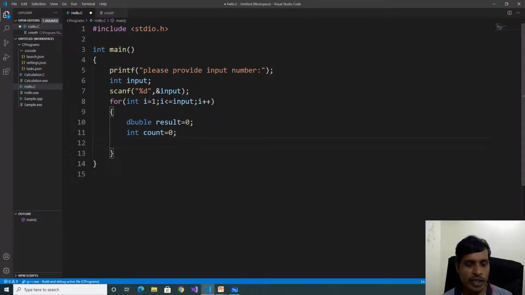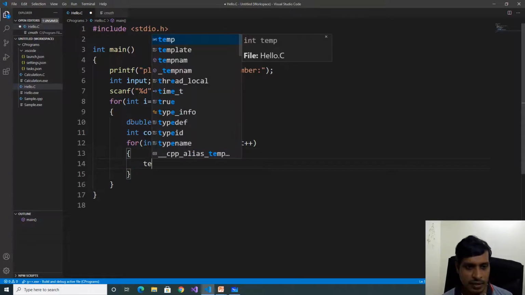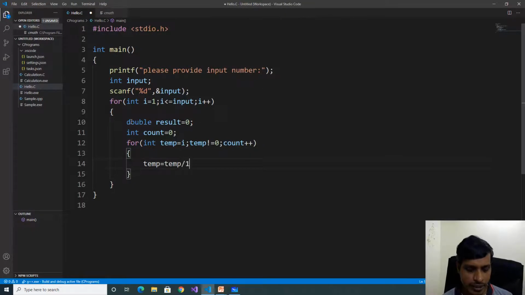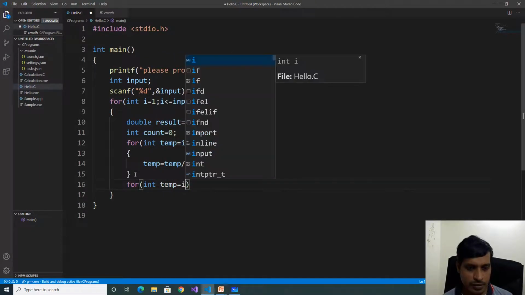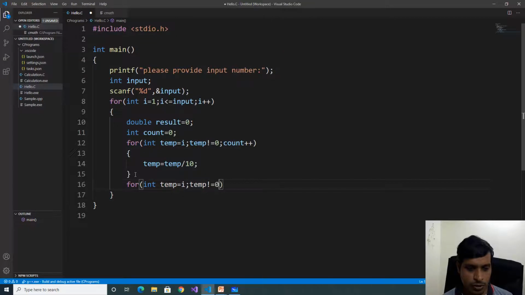Now we need to declare one for loop to get the individual digits: for int temp equal to i, temp not equal to 0, count plus plus. Here temp equal to temp divided by 10. Now we need to declare one more for loop to find whether it is an Armstrong number or not: for int temp equal to i, temp not equal to 0, temp equal to temp divided by 10. Here int remainder equal to temp modulus 10,